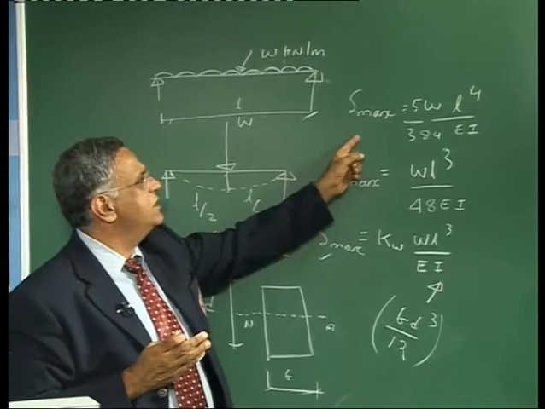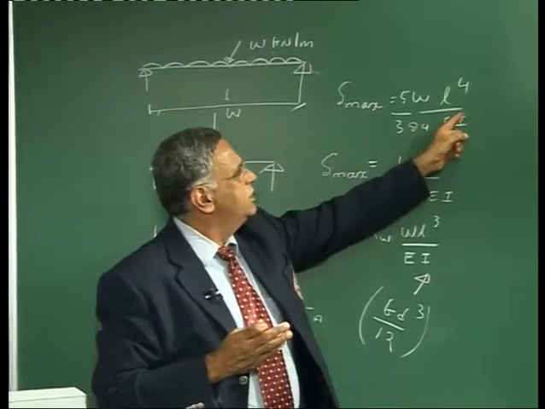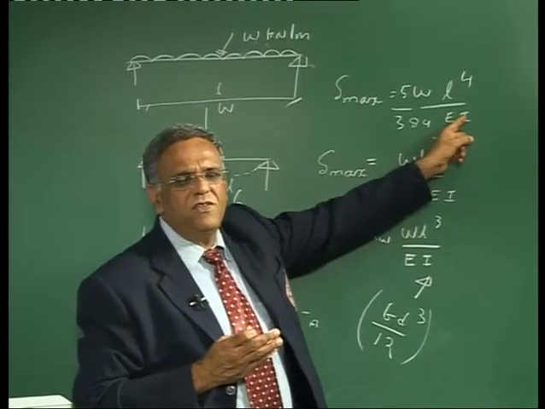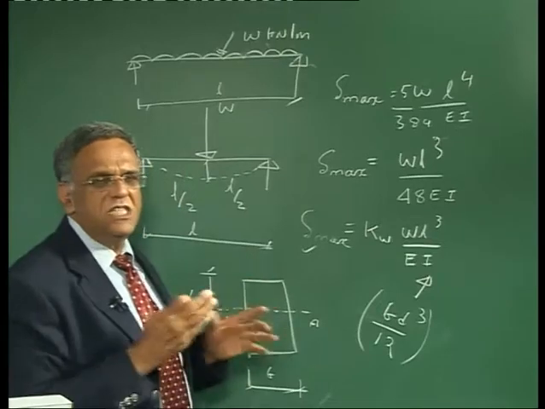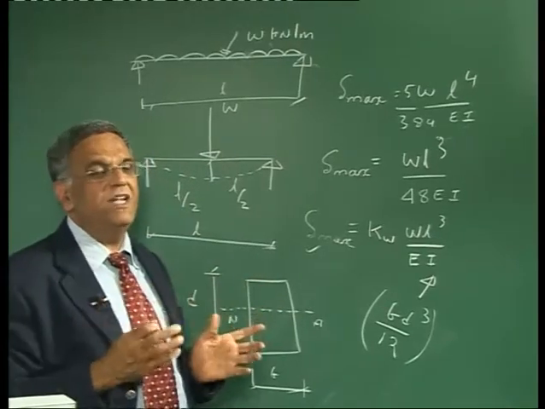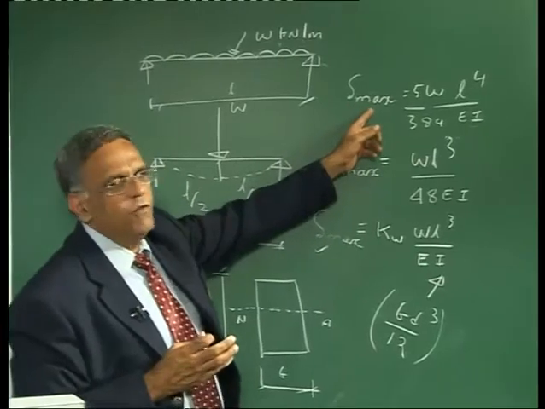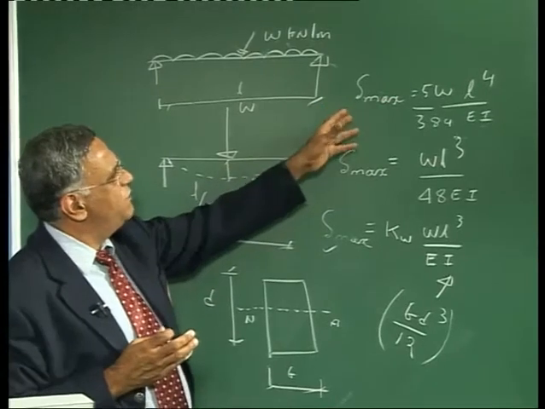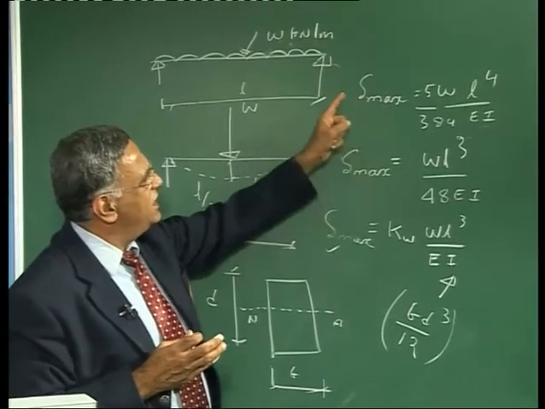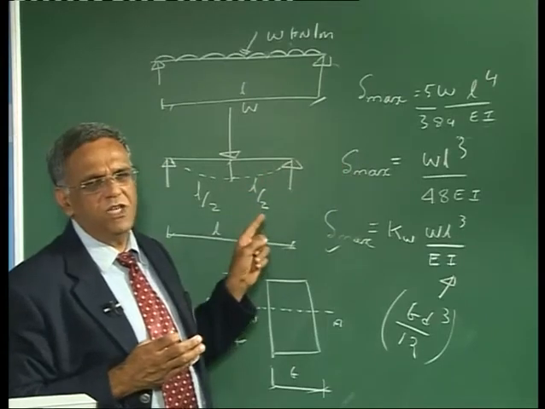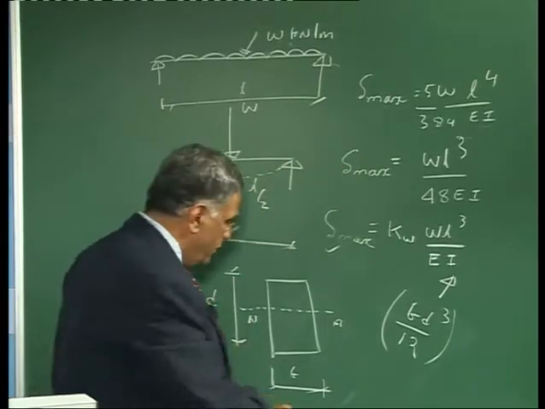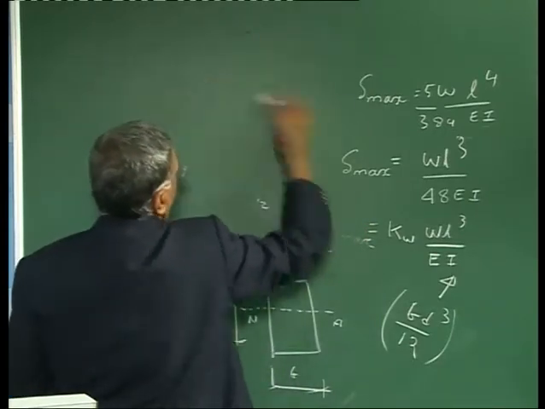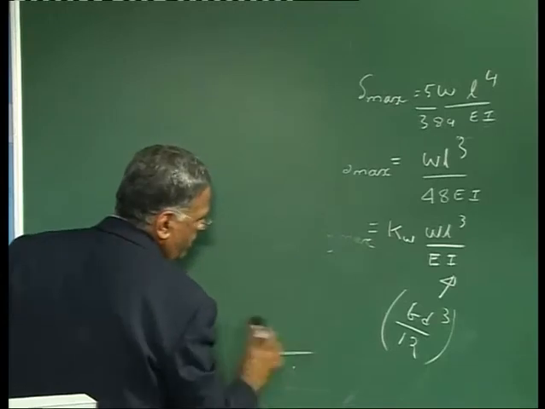The same formula is going to be used to calculate the actual deflection the beam suffers. But the only difference is you are going to manipulate this I. You cannot simply substitute the value of I as BD^3 by 12 for a rectangular section. Instead, you have to substitute the value of I effective so that you get the actual value of deflection. Whatever formula I have written here is nothing but the short term deflection. Further, to this short term deflection, I am going to add the long term deflection. The long term deflection is because of the shrinkage, creep and temperature.